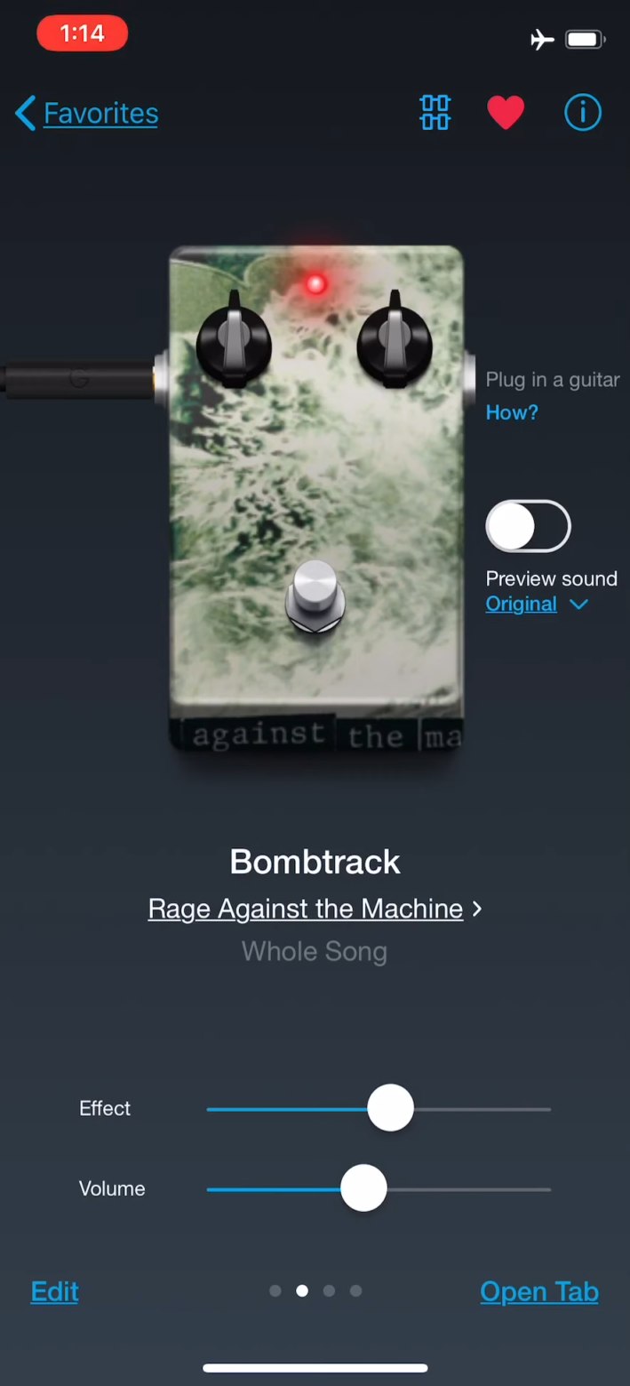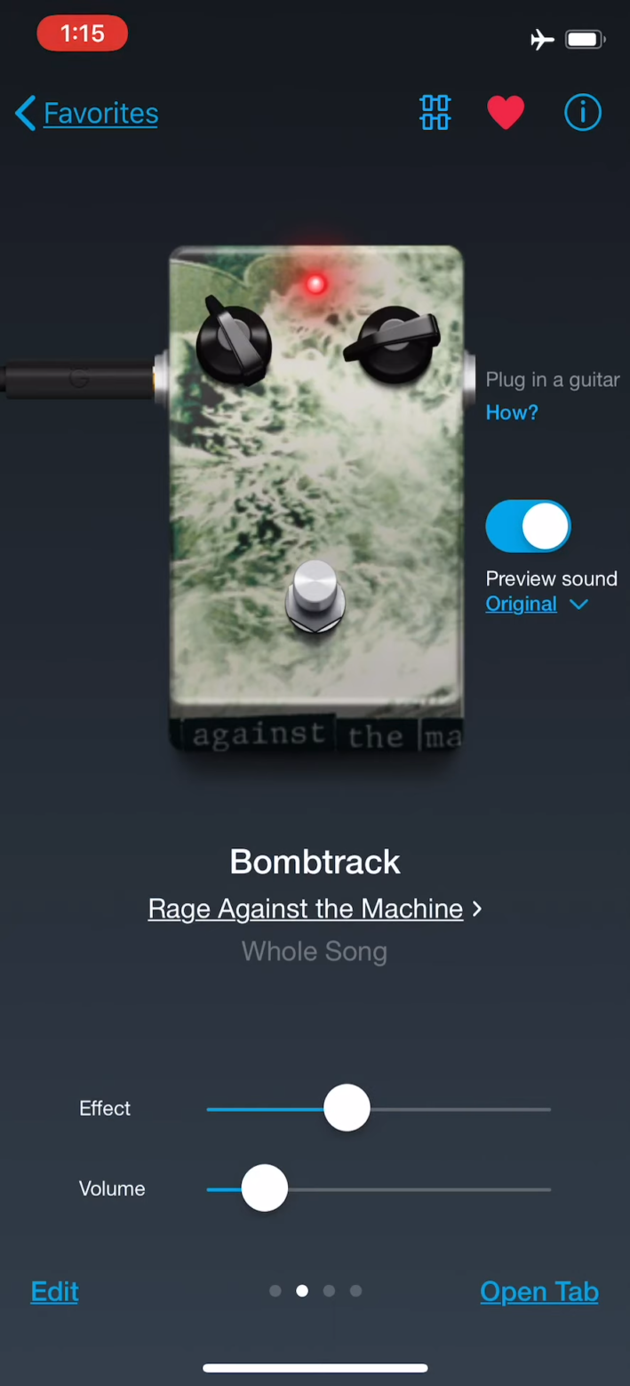Okay, let's spend some time on the most important screen of them all, the presets themselves. You'll notice that there's several buttons here, all of which do something interesting. So let's start off with this preview toggle. If I hit the preview toggle, it's going to start playing the actual track that this preset was modeled after. And I can adjust the volume